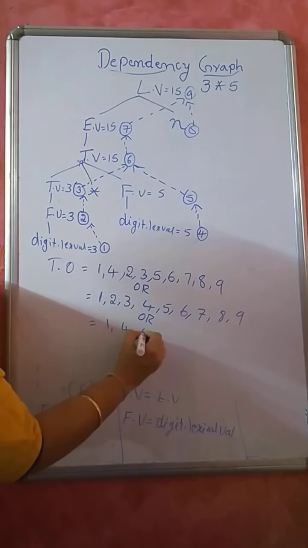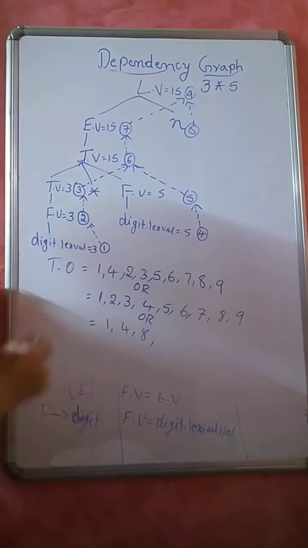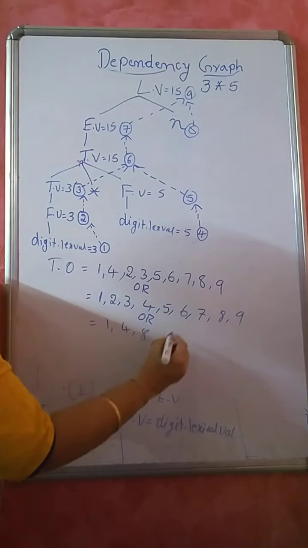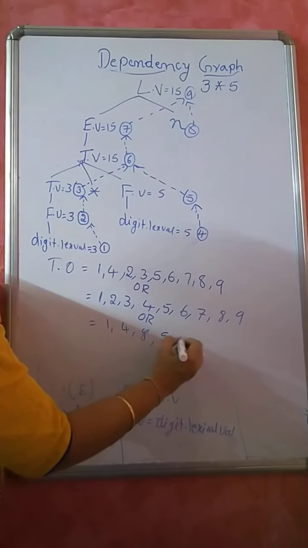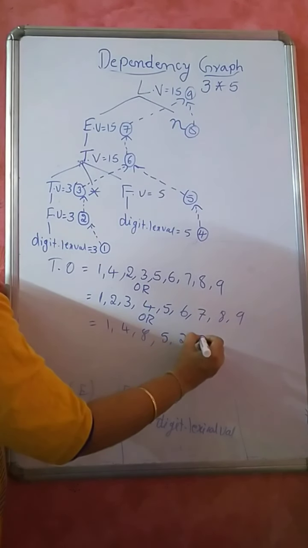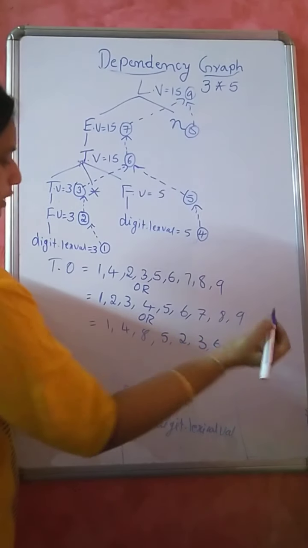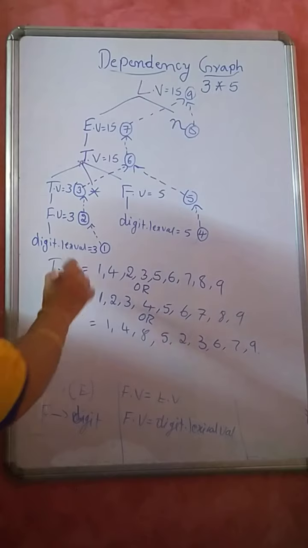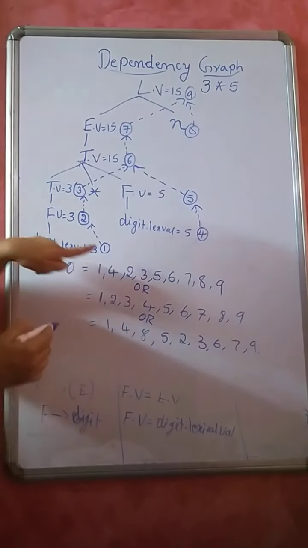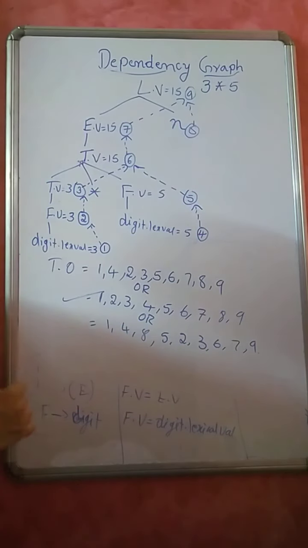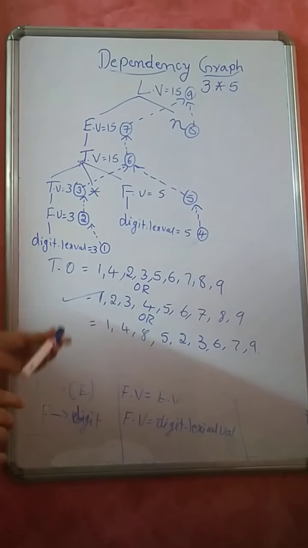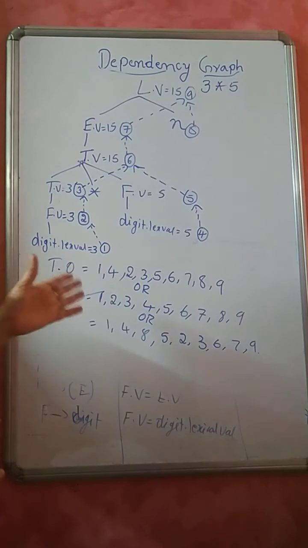1, 4, 8. 8 also has an in-degree of 0. Then you can write 5, 2, then 3, 6, 7, 9. This is also correct. Any one is correct. So it is usually better to follow it like this only. So this is how you will write the dependency graph, and you will write the topological ordering for a given